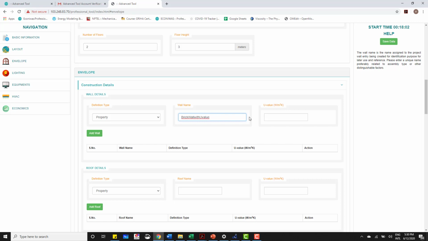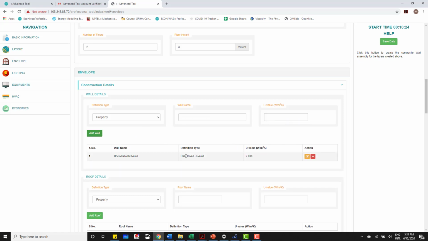And the only information required for making a wall with the property method is the overall thermal transmittance, or U value, of the wall assembly. Suppose I have a brick wall whose wall assembly is 2.9. So I've filled in all the information. Now as soon as I click on the add wall button, this table pops up which shows that you have made a wall, a brick wall.